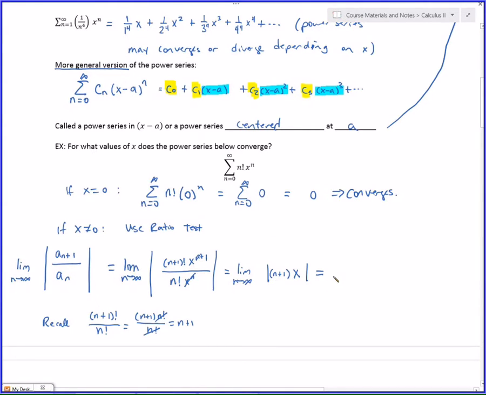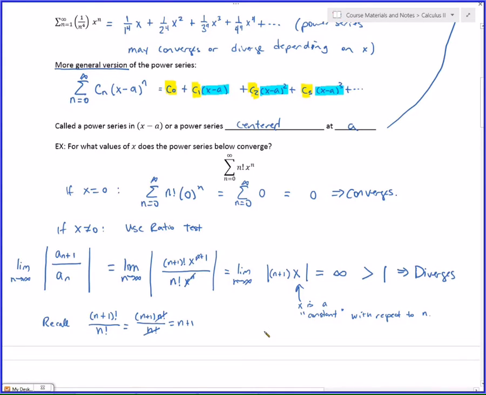Bigger and bigger and bigger. In fact, it goes to infinity, okay? Since x is a constant with respect to n. I mean, it's a variable because we can plug in different numbers into it, but if I'm taking the limit as n goes to infinity, x isn't changing. So I'm just multiplying a bigger and bigger number times whatever x is, right? Even if x was really small, like 0.0001, but it doesn't change, and I keep multiplying by bigger and bigger n's, still the whole thing goes to infinity, which, by the way, is bigger than 1, which means